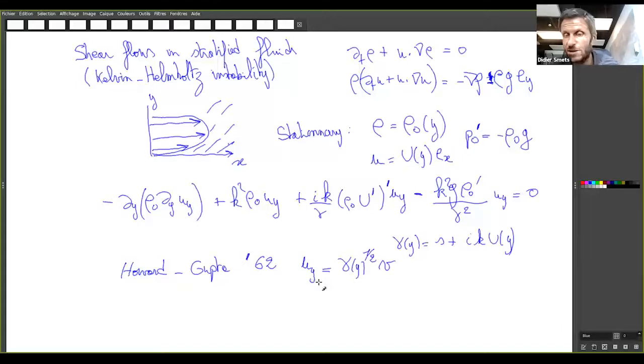And now you write the equation for v. Okay, so in their paper, they have a lot of change of variables in order to derive as much information as possible on unstable modes. And they end up with this one, which is the nicest one, which yields the following equation, minus